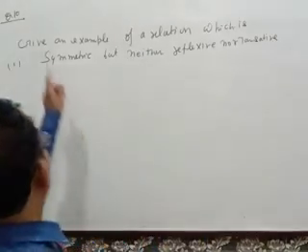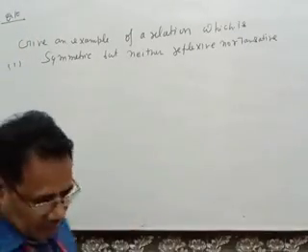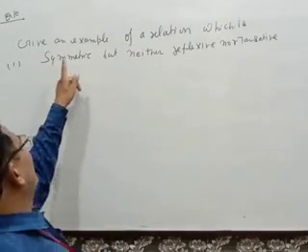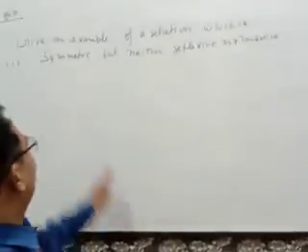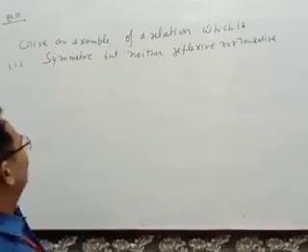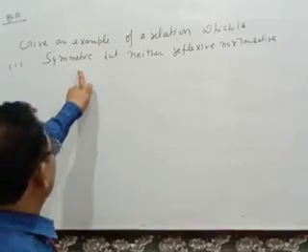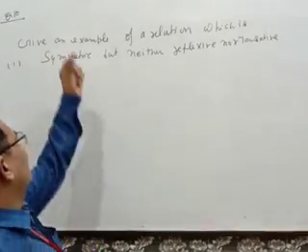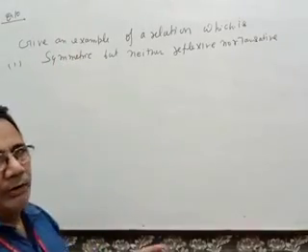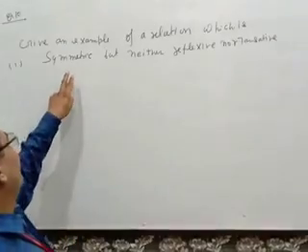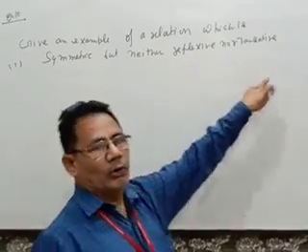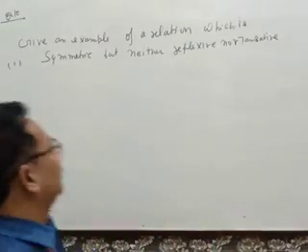Now we see the question number 10, containing 5 parts. Part first. In this question, give some example which satisfy the following conditions. Number first is symmetric, but neither reflexive nor transitive. Here, give the example of a relation which is symmetric तो होना चाहिए लेकिन रिफ्लेक्सिव और ट्रांजिटिव नहीं होना चाहिए.